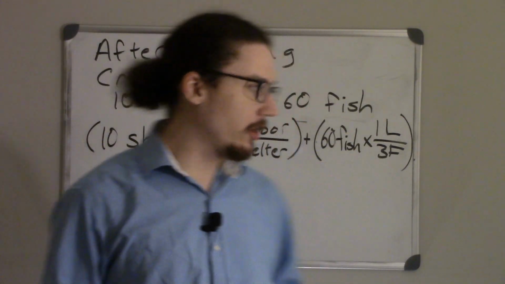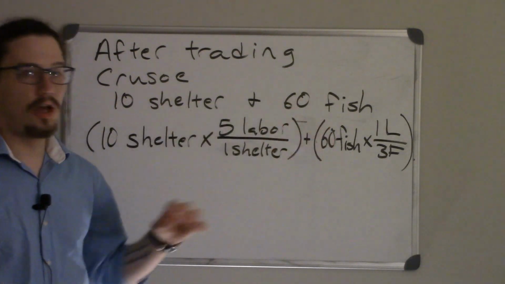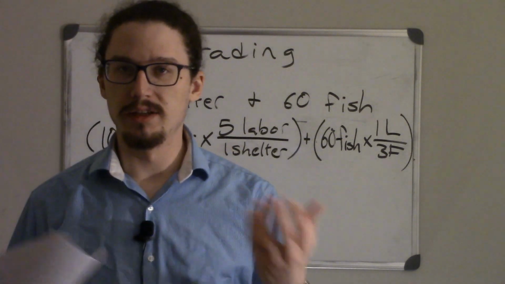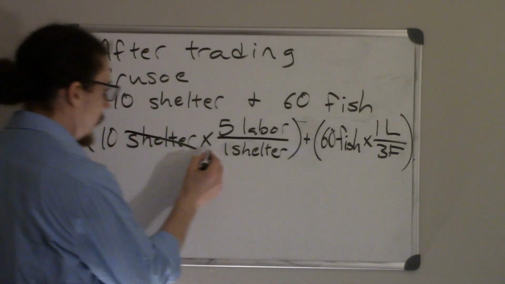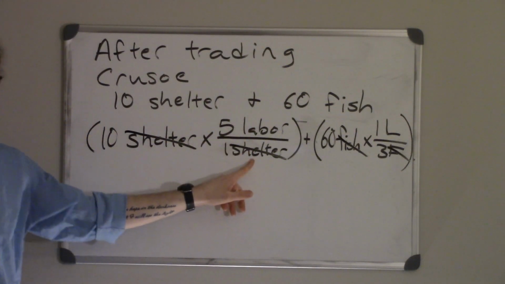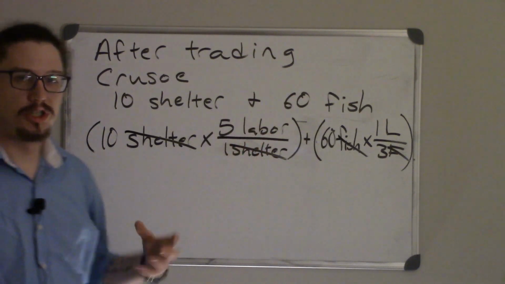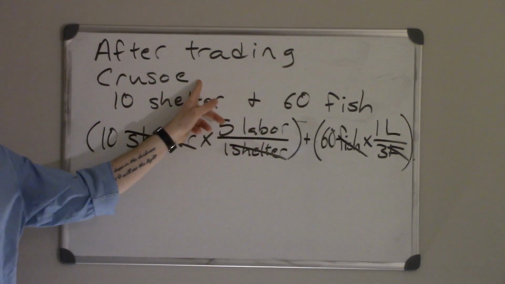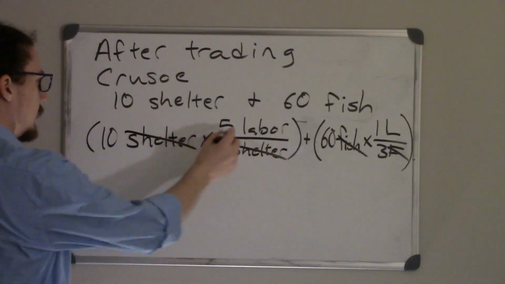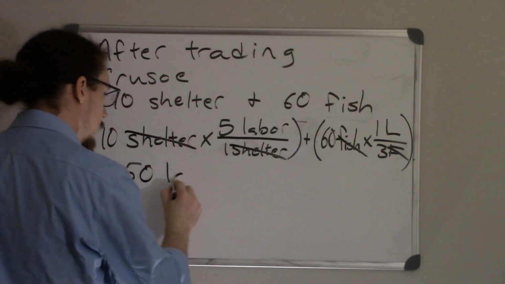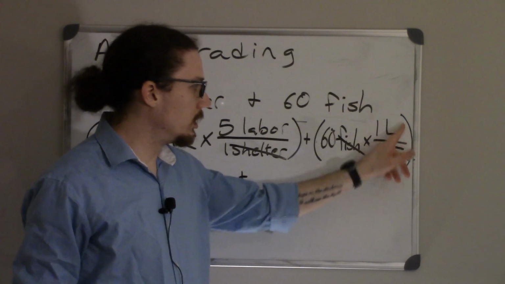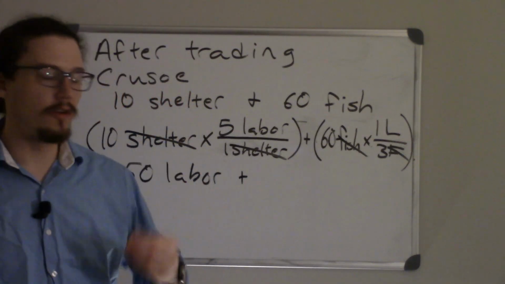So again, if we're trying to figure out if it's possible or not, and then if it is, whether it's efficient or not, we're going to be converting these units of goods into the resource at the person's disposal, in this case, units of labor. So we want to be able to cancel out these unit things. So 10 shelter times 5 labor over 1 shelter. Again, those are just from Crusoe's production capabilities. So canceling out shelter, we get 10 times 5 labor, leaving us with 50 labor,